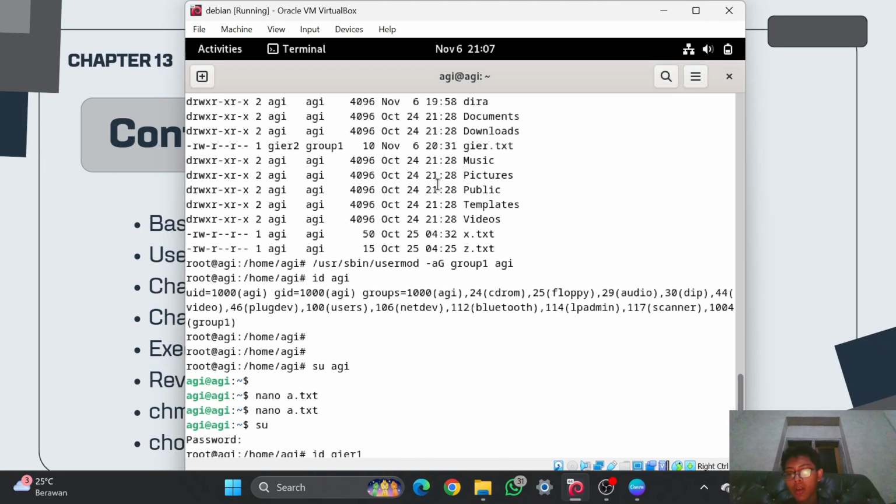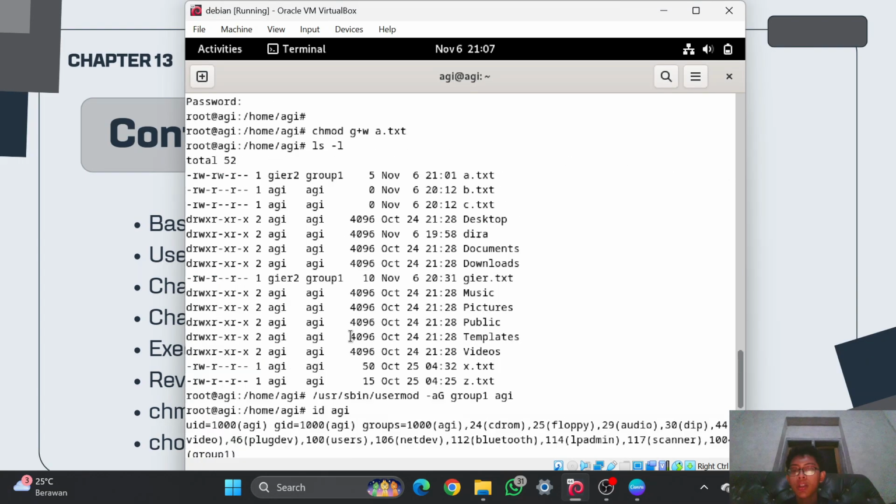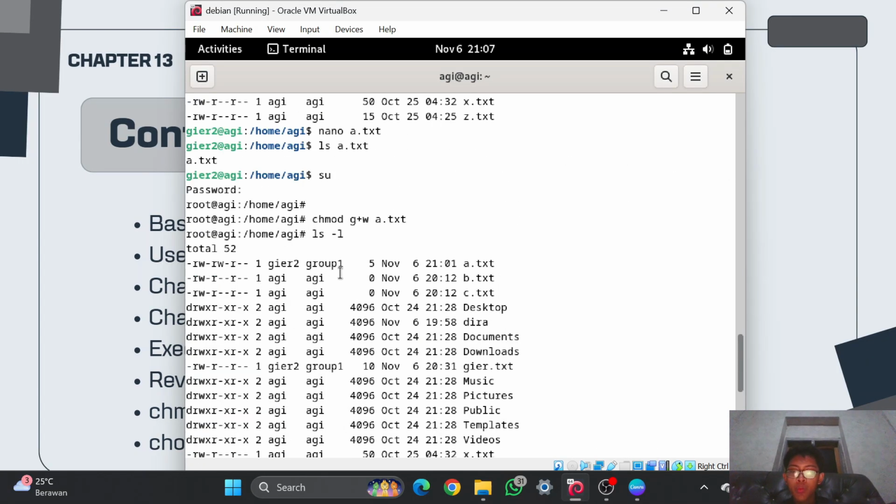So gr1 is not in the group 1, and it is also not the user gr2, because a.txt is only giving access to the user gr2 and also the group group 1, and group 1 has members gr2 and also AGI.